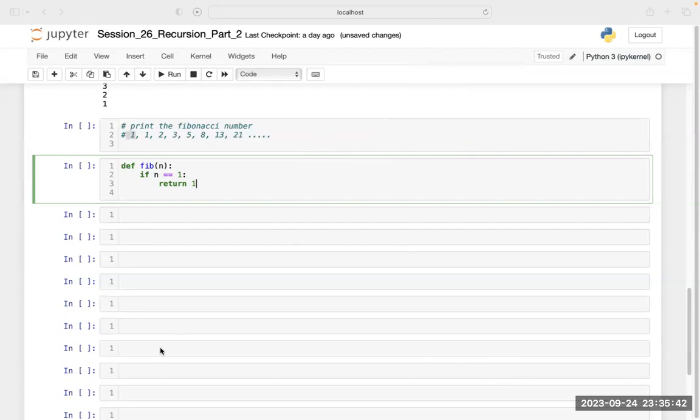So if I take this, then my base case is 1. I have taken 1 as my base case, and if n is equal to 1, I am returning 1. Everything is fine till here. My base case is resolved. Fine. Now,